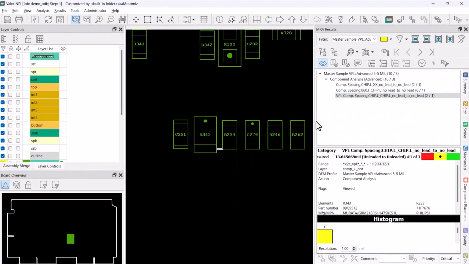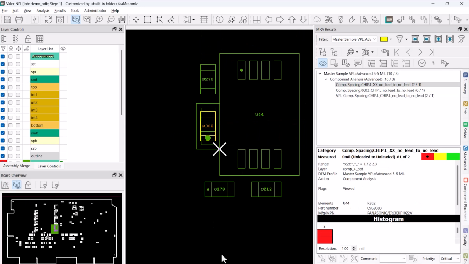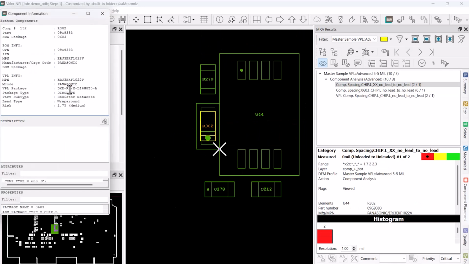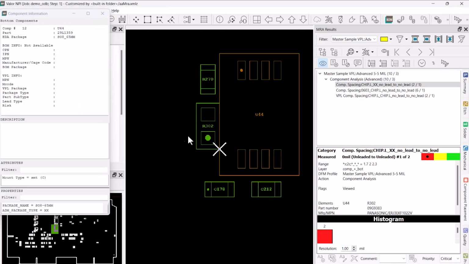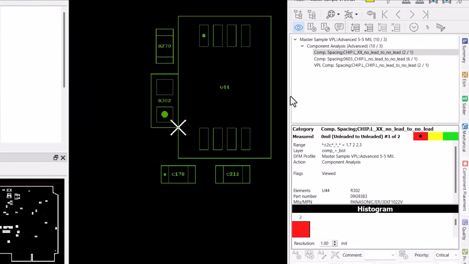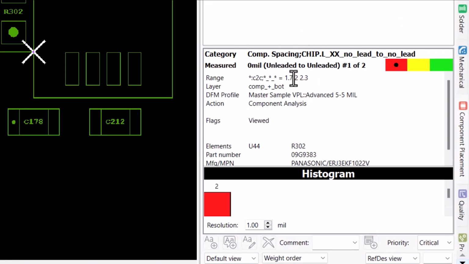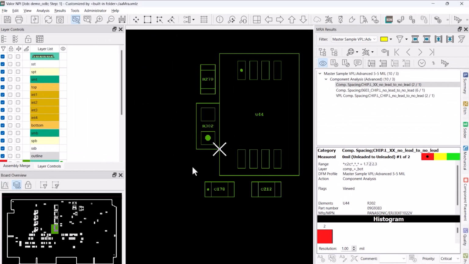But another scenario is when of the two components, one has a VPO, like the left one, and the right one doesn't have a VPO. For this scenario, the system will use EDA spacing, like the 2 mil here. It will reset the VPO to the EDA package to check the spacing. It should match the constraint requirement. This constraint is based on EDA requirement, so the measurement also uses the EDA package to measure the spacing.